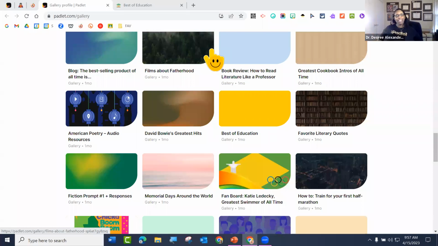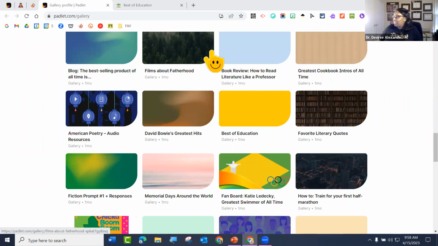So, any last questions as we round out our time together? Let's see. If I share my Padlet using a QR code, will it reflect updates I make to the Padlet, or just the Padlet that was made at the time? No, it's just like with a link. If you update it, it's going to show. A QR code is just a link. It's just a visual of a link. So if you share the link or the QR code, as you update it, it's going to update. The only way it's not is if they remake it. If they remake it, then they only remade it at the time when they remade it. I don't know if I just made sense or not.